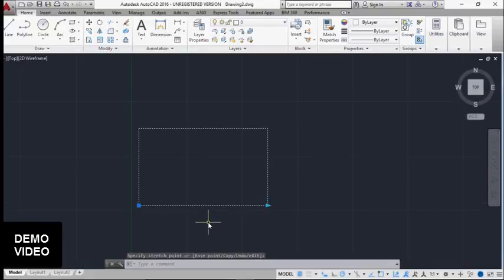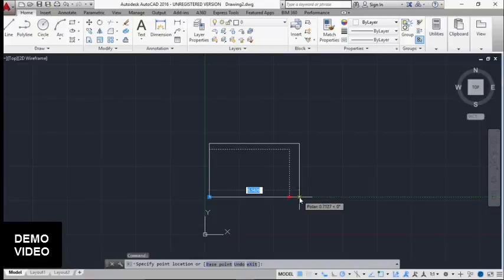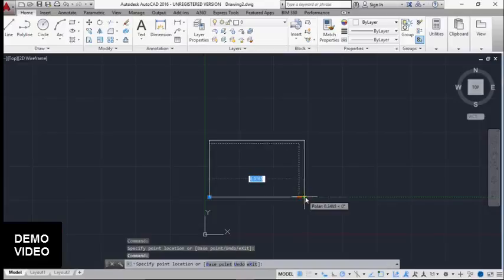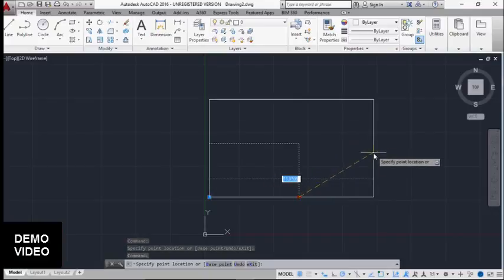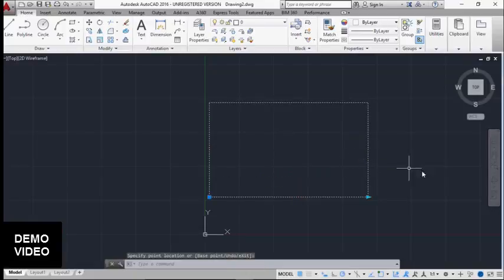But we have given this a scale property. So how does it scale? I select this arrow and drag this. When we drag this, we can see this rectangle is scaling. When I take it outward, its size is increasing. When I take it inward, its size is decreasing. This way, I click here and its size is increasing. That is the property of dynamic blocks.